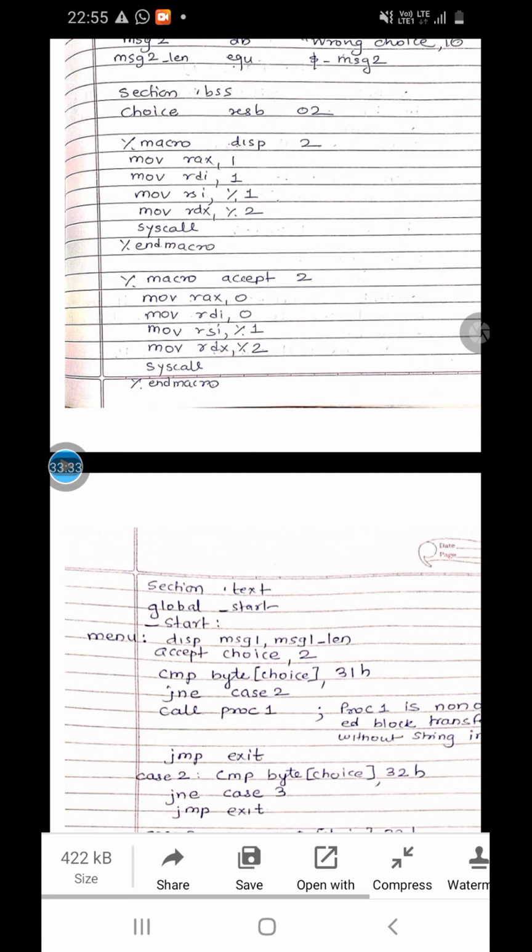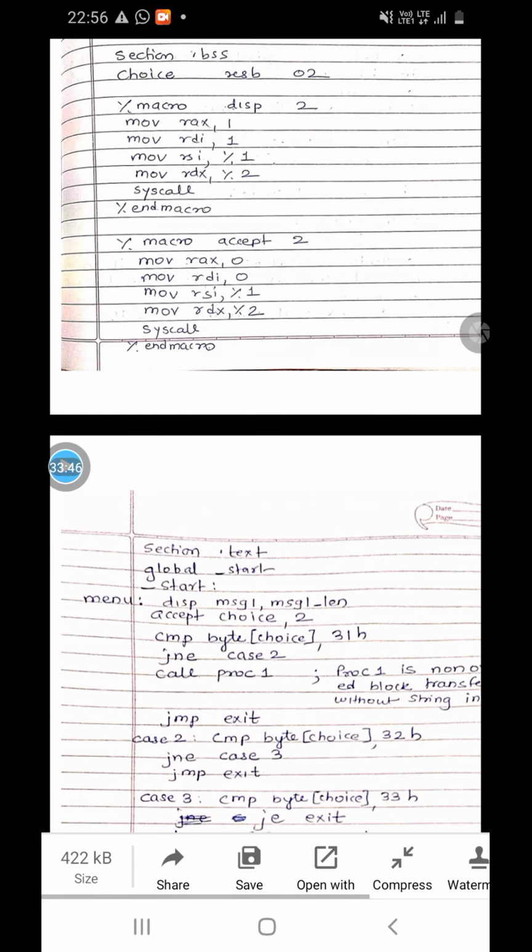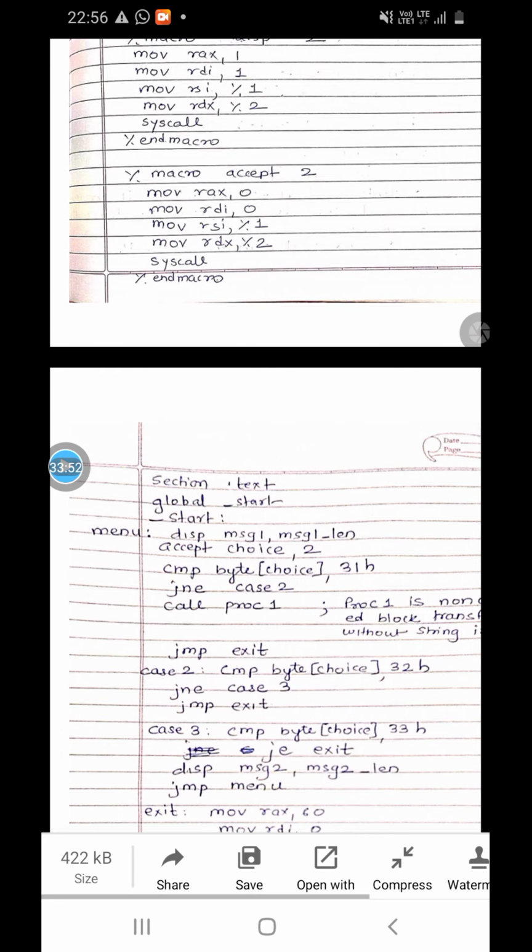So move rax comma 0, move rdi comma 0, move rsi comma %1, move rdx comma %2, syscall and %endmacro. So here also we are accepting the choice from the user. Subsequently we will see how we are accepting the choice from the user.